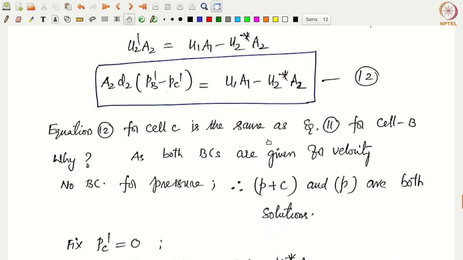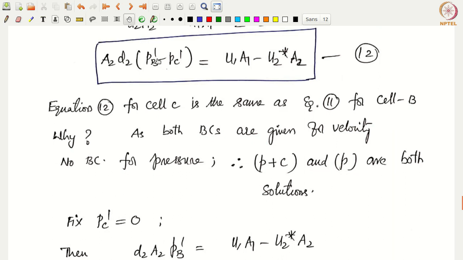Rather, you can only find it up to a constant, right? So pressure level cannot be fixed. Rather, you can find every pressure in relation or with reference to one of the pressures here. So you can only find pressure up to a constant, okay? Because no boundary condition for pressure is given, but that is not a problem. That is not going to make any issues, because we know that in incompressible flows, it's only the pressure gradient that matters. It's not the absolute pressure, okay? That drives the flow. Okay, as a result, we would like to fix one of the pressures. So either you can take Pb prime equals 0 or any other value, 10, 20, whatever, or Pc prime equals some constant. I would like to take Pc prime as 0.